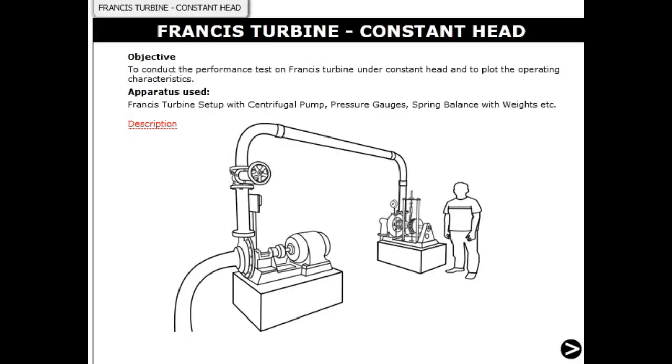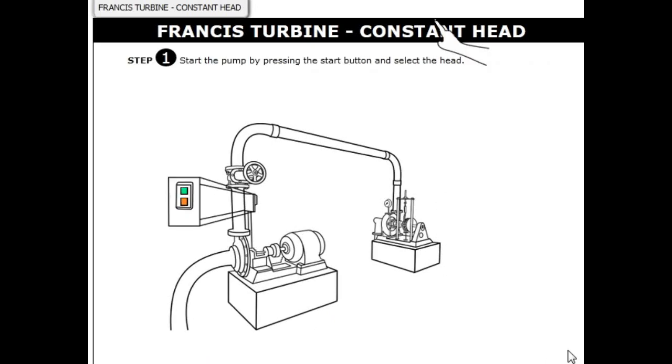Now we will resume our virtual setup experiments. First we have to turn the Francis turbine on. Then we have two modes of experiment. If you fix the head, the speed will come down when you apply the load. Otherwise you can fix the speed to say 100 rpm, 1000 rpm or 2000 rpm, and then on applying load you have to change the head. Right now we will do the constant head experiment.